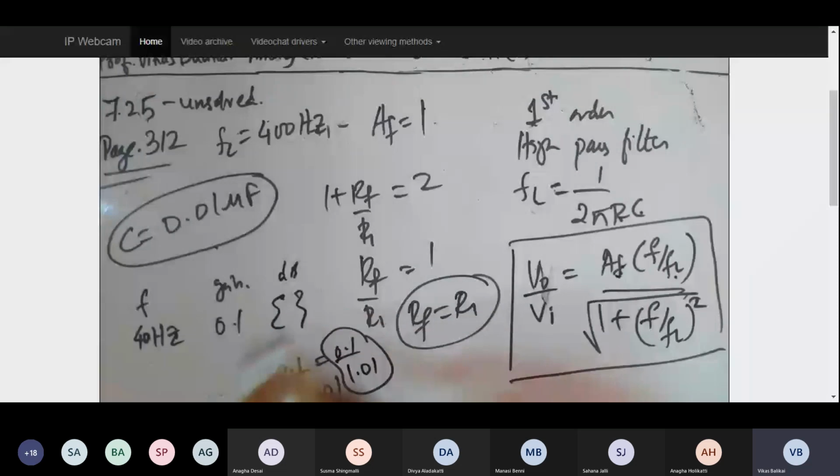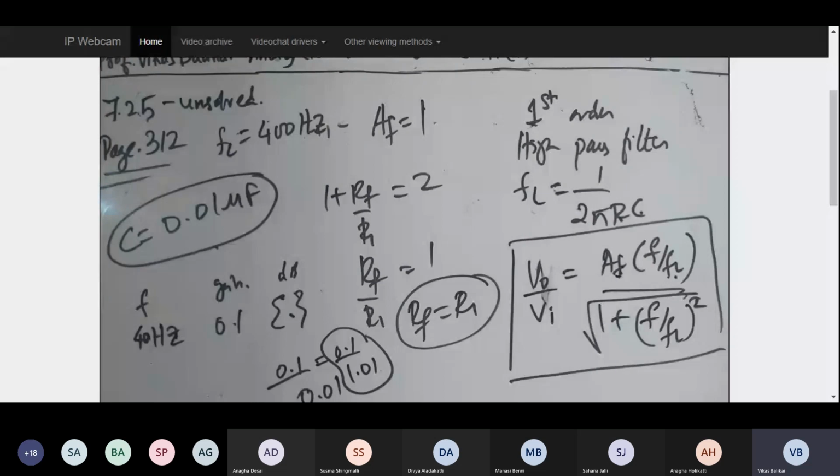In this way you have to take multiple values of F until you pass this FL. So take all the values as they come and you have to plot it. So this is how one can be doing the plotting of graphs whenever a numerical is asked based on these things. So this is with respect to first order high pass filter.